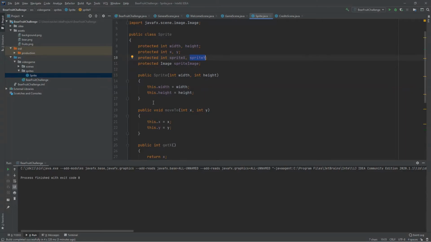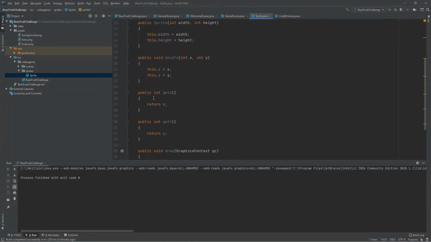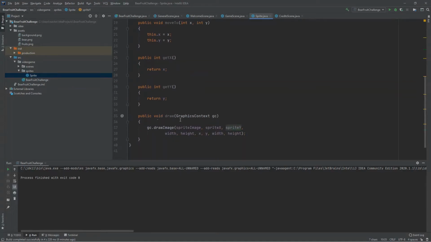For instance, move_to method lets us change current position of the sprite in the scene, choosing new x and y coordinates. Then we can add the getter from x and y coordinates in the class, and a draw method that lets us draw the image in a given graphics context,